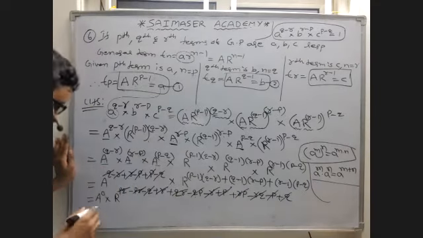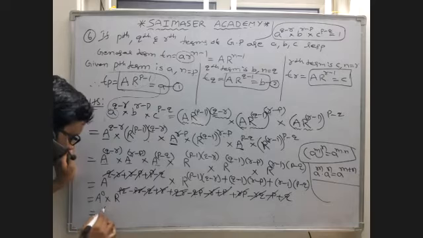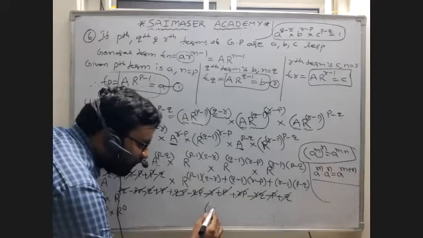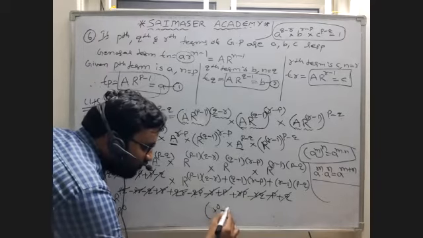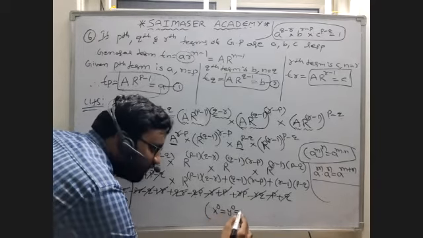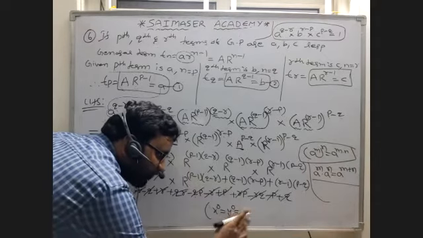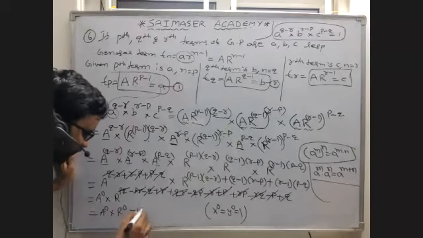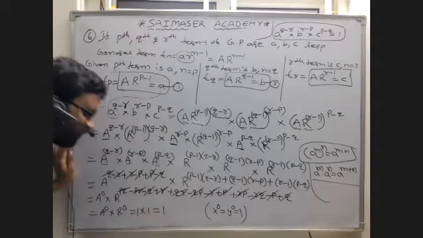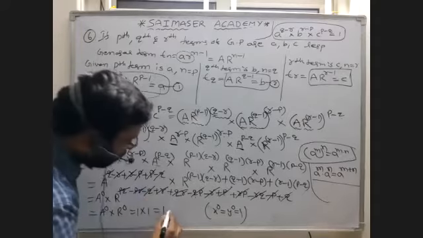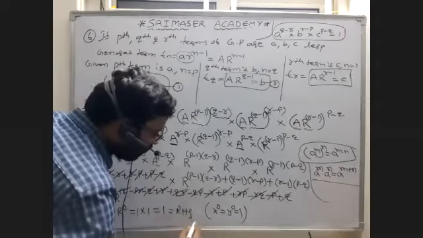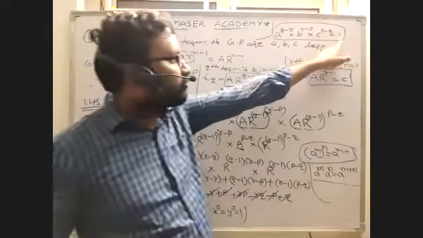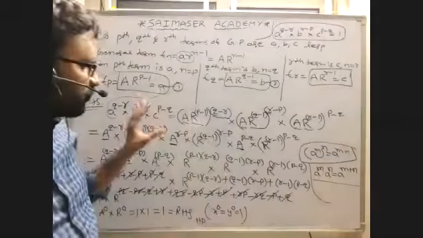But I gave the proof, that is A power 0 into R power 0. I told you that always x power 0 is equal to y power 0, something power 0. What is the value? 1, I told you yesterday. So here A power 0 value is 1 into R power 0 value is 1. 1 into 1 is what? 1. That is nothing but RHS. Hence proved. We only have to show RHS is 1. So this is the solution for this question.